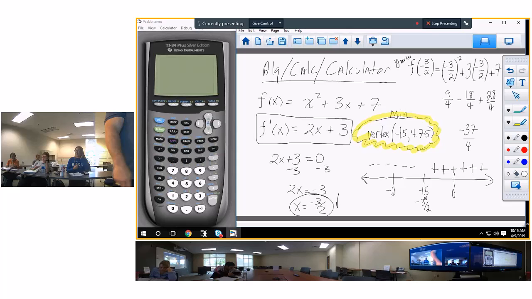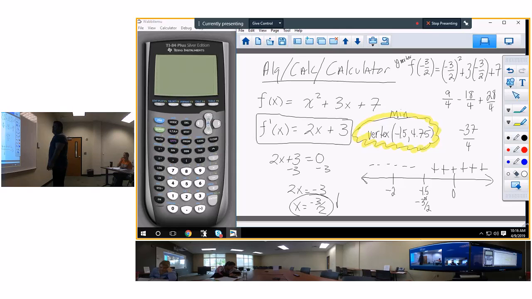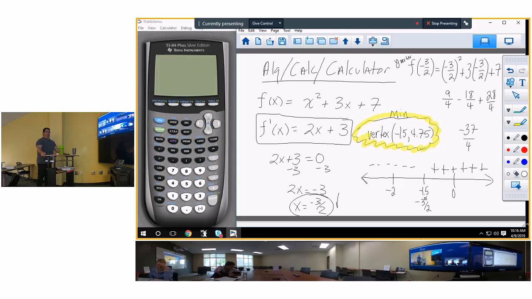There. So, what do you get? Somebody tell me what the vertex is. Well, let's say you don't know how. And I guarantee you somebody didn't pay attention when we went over this in Unit 1. But we'll go ahead and try it again. Let's take our handy-dandy calculator and type in y is equal to x squared